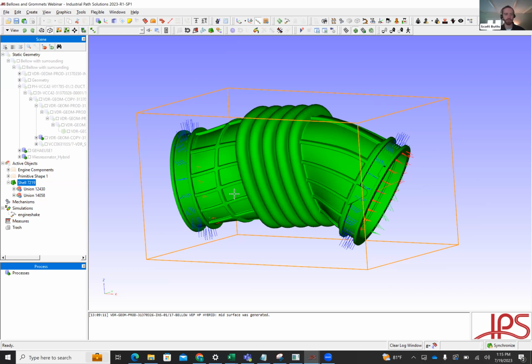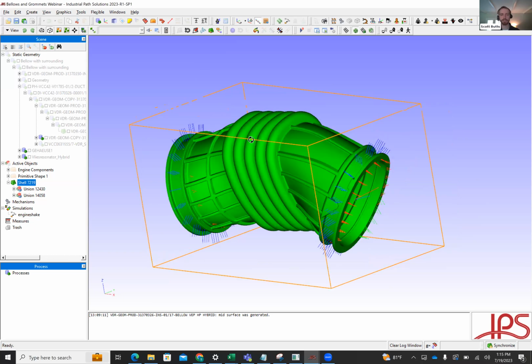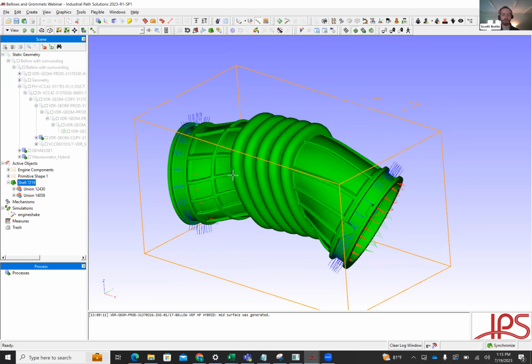And one thing to note, that middle surface is still what's driving the calculations, but I like to put the visualization for the bellow itself back on, just to make sure we can see everything later on. Another thing we can do with the bellows here